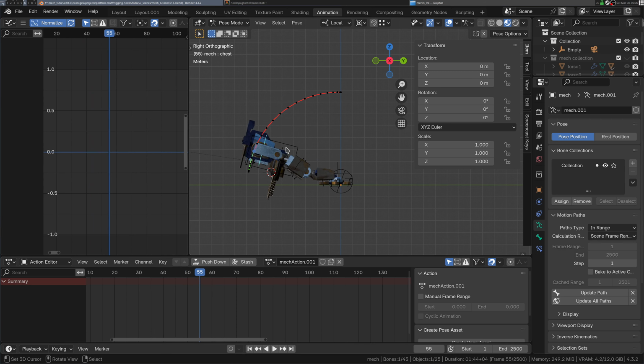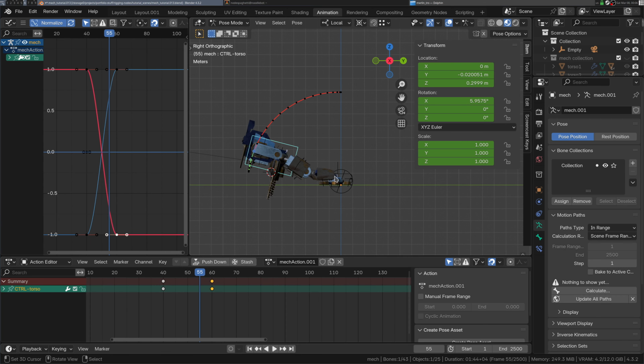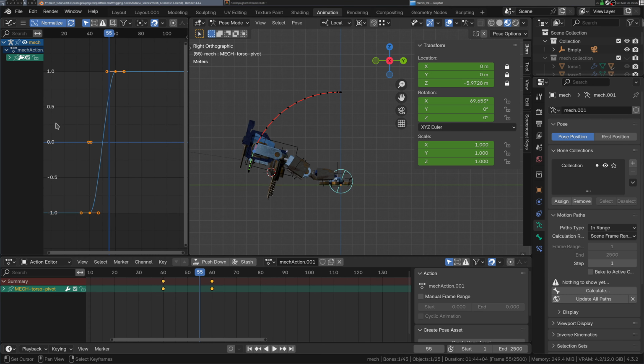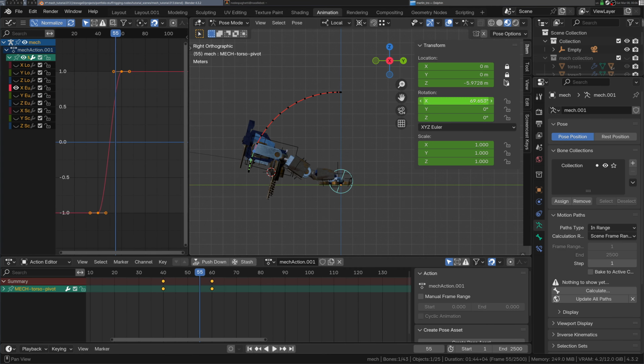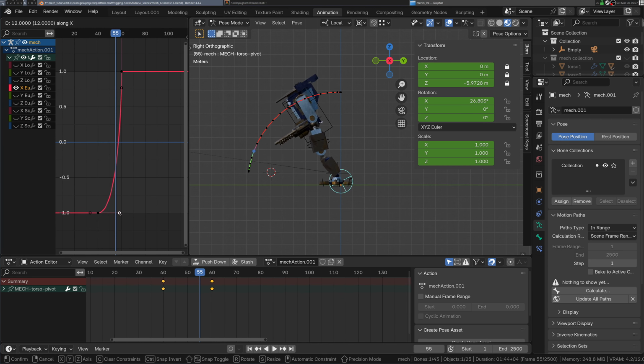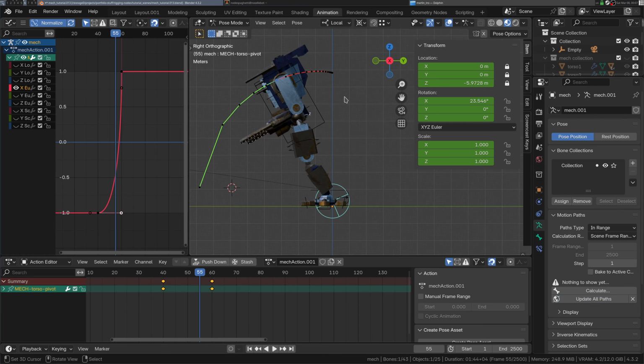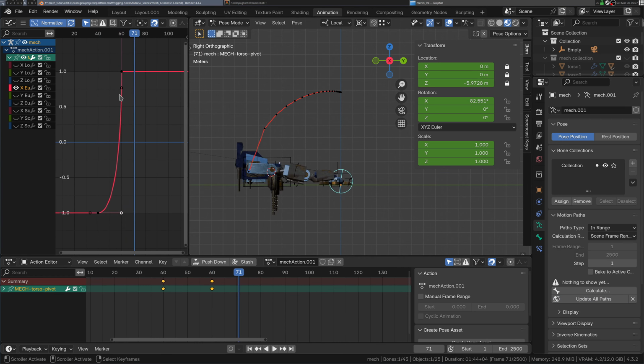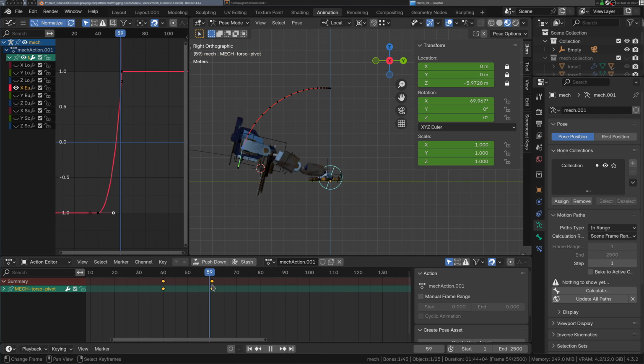And if we want to edit the spacing of the frames, we select our pivot point here, and we actually don't need anything except for the X rotation. See that? Everything else is not even really animated here. So we've just got this one curve that we can change and totally fix. In fact, that did a little bit more than fix. That kind of screwed it up. We can totally fix our spacing here. And you see it stays on that arc no matter how much we edit it. So basically the point of all this is that we can really help our animator out by giving them these